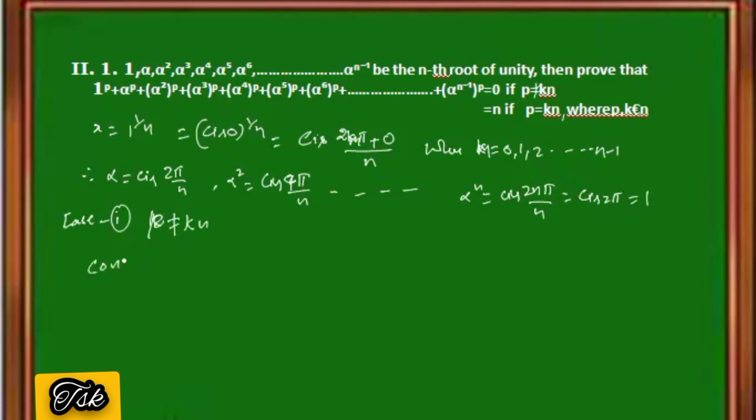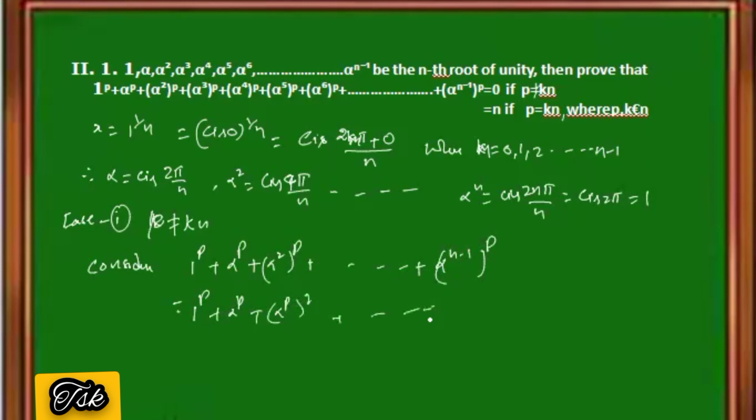Consider 1 to the power of p plus alpha power p plus (alpha square) whole to the power of p plus, and so on, (alpha power n minus 1) whole to the power of p. This can be written as 1 plus alpha power p plus (alpha power p) whole square, and so on, (alpha power p) whole to the power of n minus 1. Since the terms are in GP,